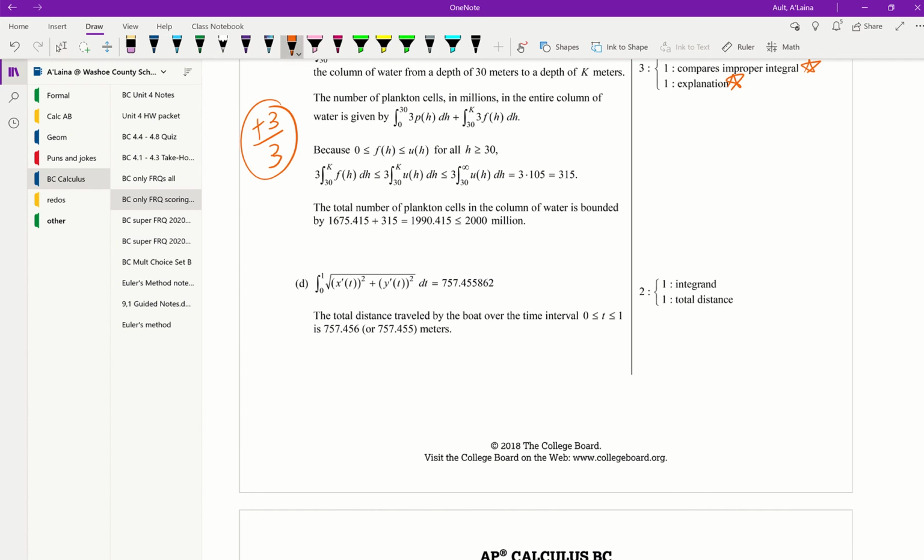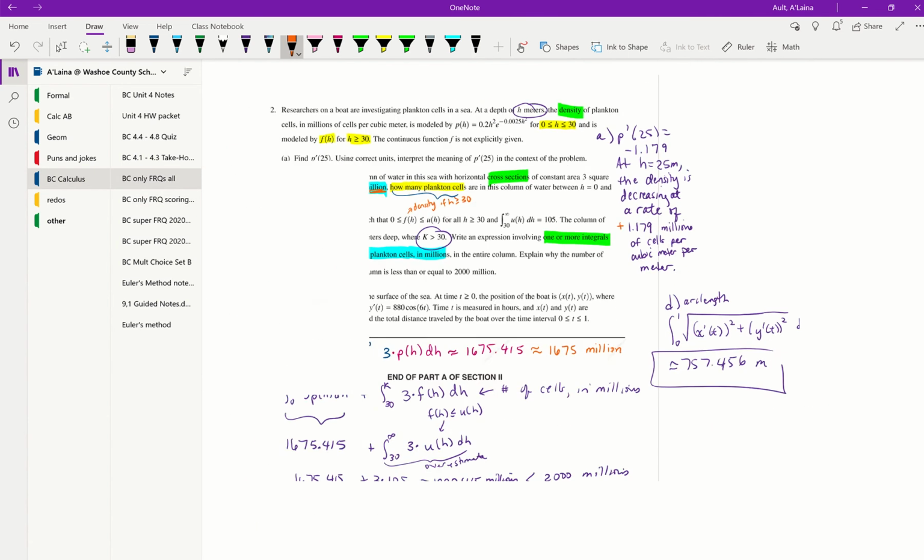All right, part D, the integrand. We have that correct, and we have the correct total distance with units. It didn't actually say here that we had to not have the units. They might not mark you down with the units because it didn't specifically say that you had to have the units there. All right, let's go back to the last question on this